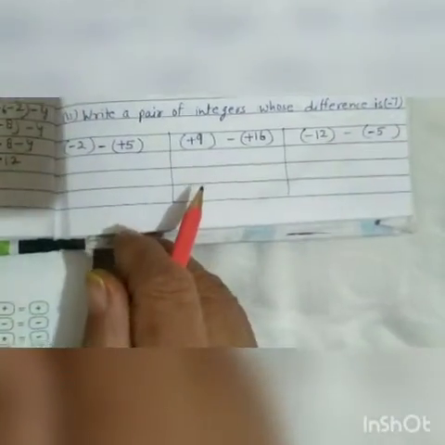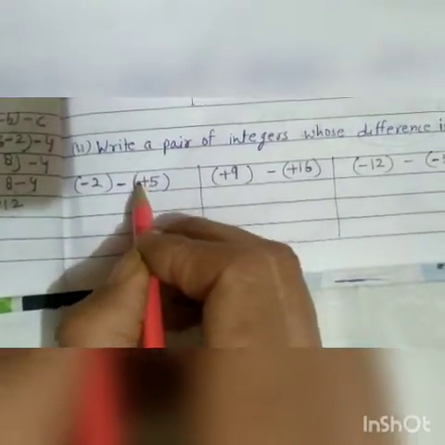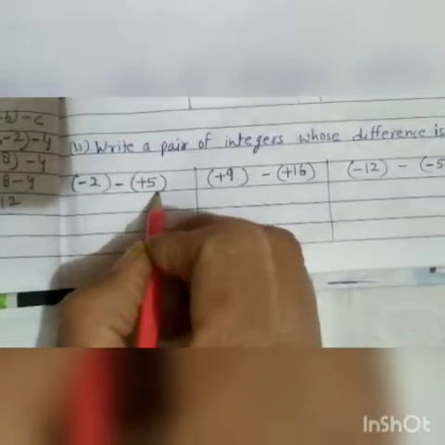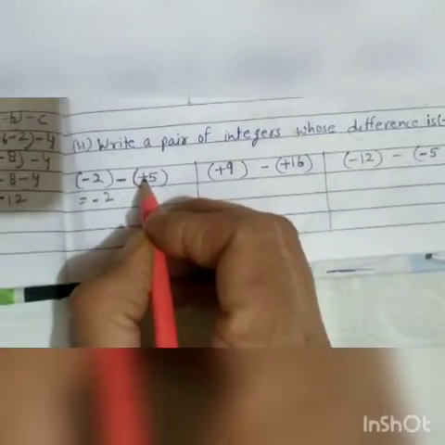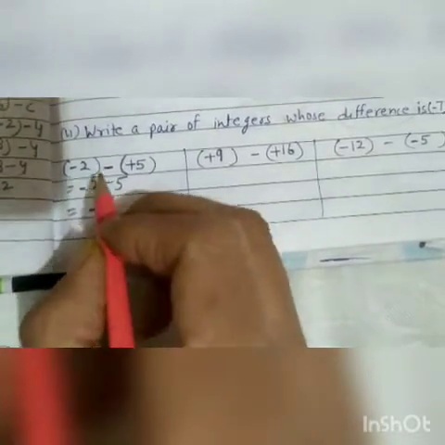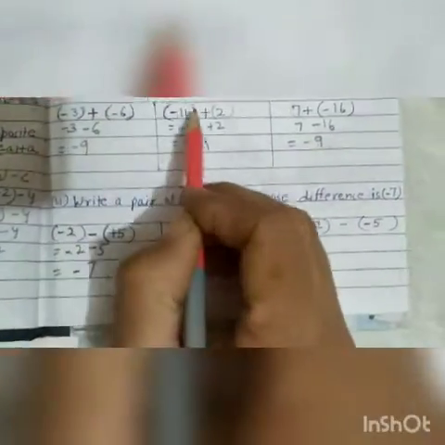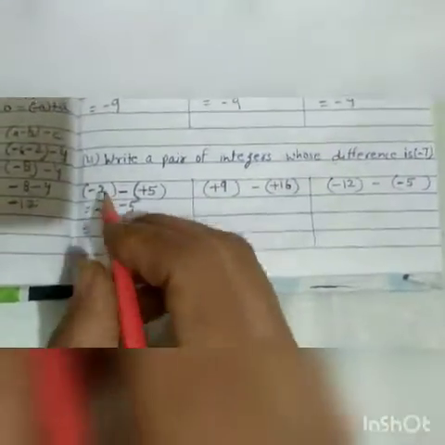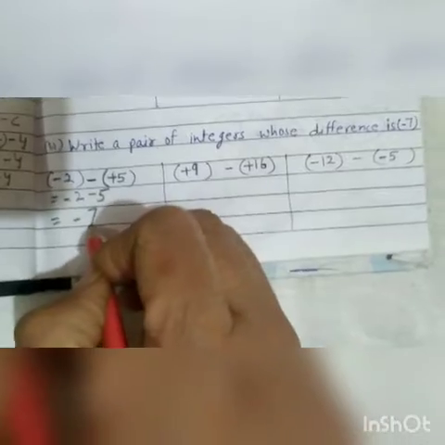So again I have given you three answers. See, if we write minus 2 as the first integer and plus 5 as the second. Now solve it. The first integer is minus 2. Because of the minus sign outside the bracket, plus 5 will be written as minus 5. When we solve it, we get minus 7. Here we put a minus sign because we have to find the difference; in the previous question we put a plus sign because we had to find the sum. So minus 2 minus 5 is minus 7.